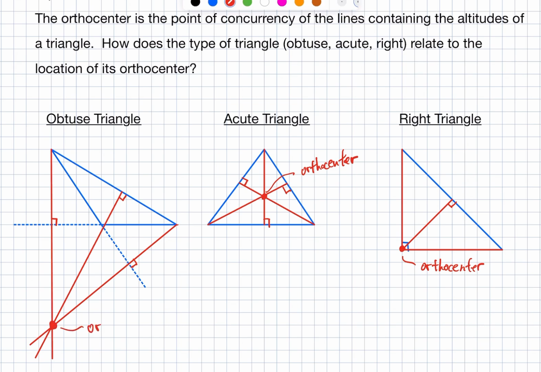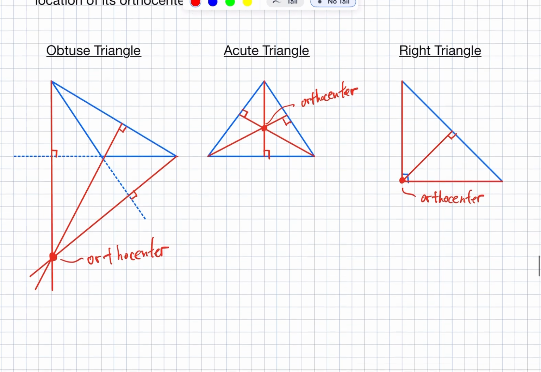Here's the orthocenter, and as you can see, the orthocenter in an obtuse triangle is located outside of the triangle. Okay, so in summary,